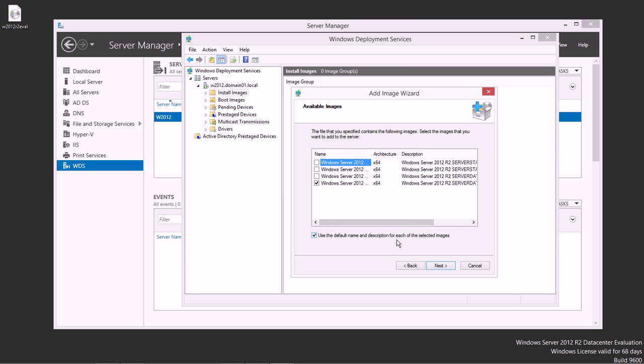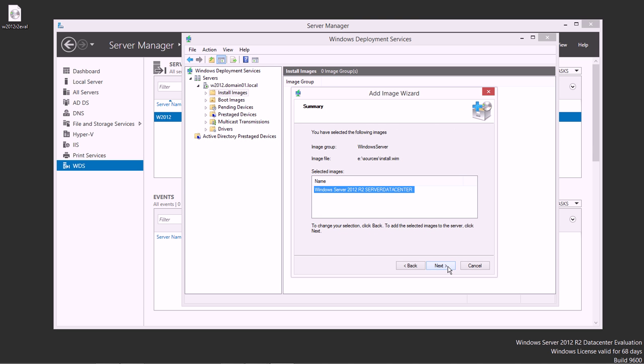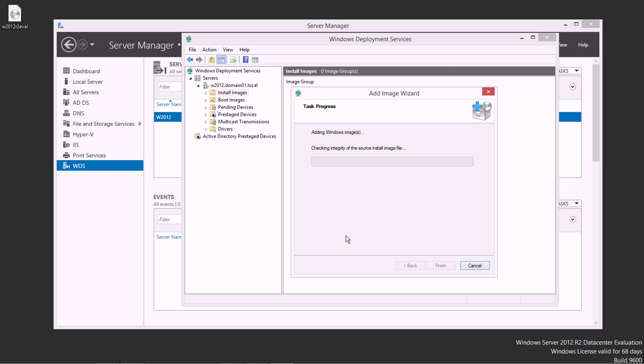And I'm going to leave the default name, which, although it's not the most clear thing in the world exactly what this one is, because it is server with a GUI, I'm going to leave those default names. Here's my summary, and now I'm adding that Windows image. This one does take a lot longer, especially on a hard drive, a mechanical hard drive. I'm on a solid state, and we'll see it goes a little bit quicker,